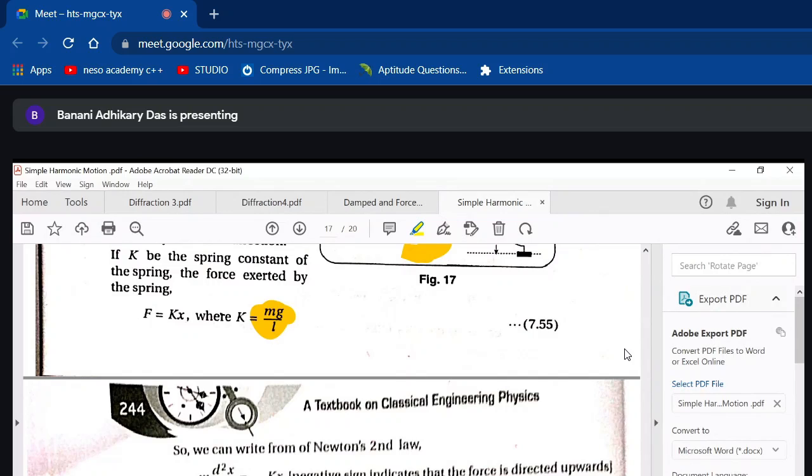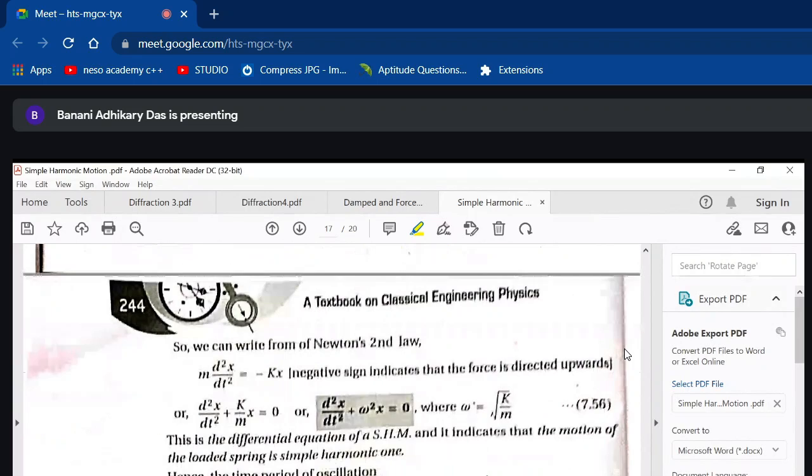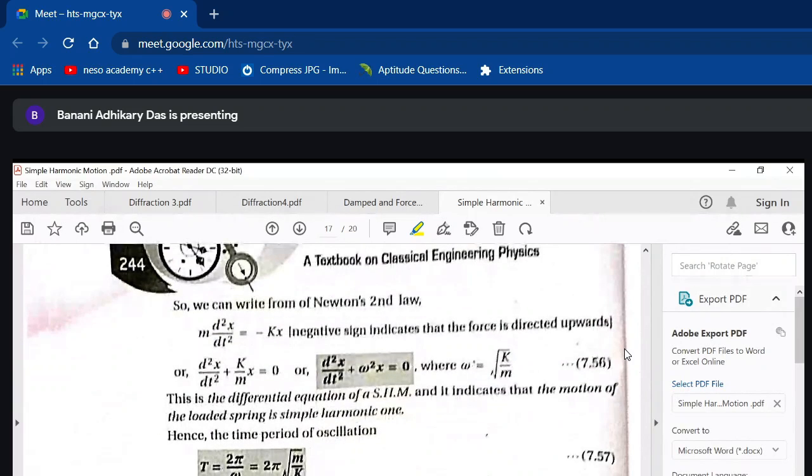Again the same equation, d2x/dt2. Let us replace k over m by omega square. We get d2x/dt2 plus omega square x is equal to 0, where omega in this case is root over k over m. Now look, in each case, whether it is a simple pendulum, oscillations of a U-tube, or vertical oscillations of an elastic spring, we can say the motion is simple harmonic only if it satisfies this equation. The equations are of the form of simple harmonic motion, and you have to extract the omega, and of course the omegas are different for different cases.